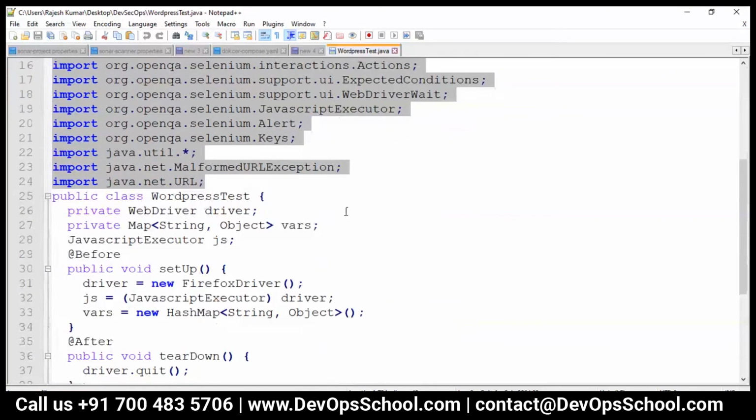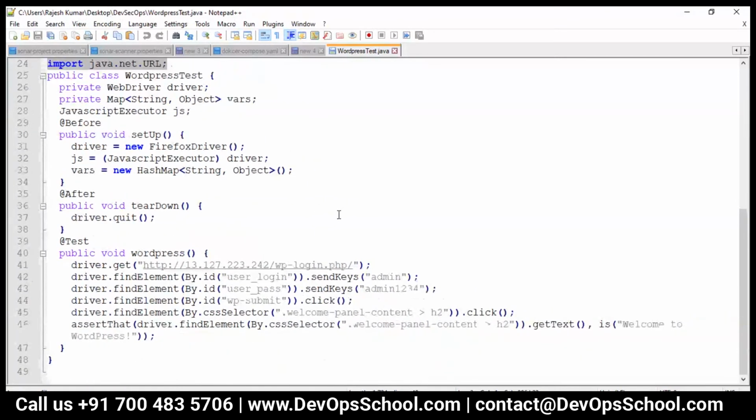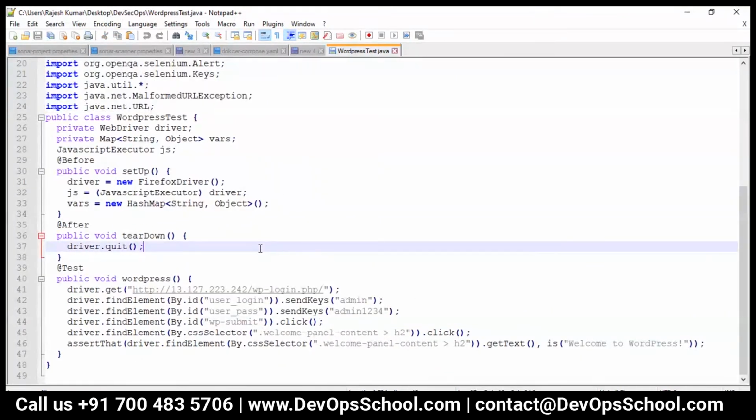Okay. Now this is the real code. Look at this. This is the real code. So you need to understand this Java code. So here, this is not a main file, by the way. It's a class file. Public static void main, do we have? No, it's not a main file, but yeah, you can write it as a main file also. So see here, this is the WordPress test class.